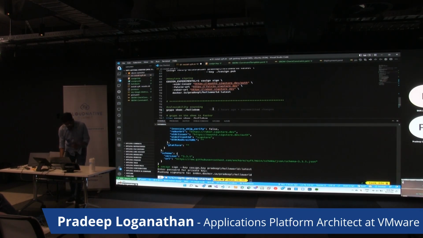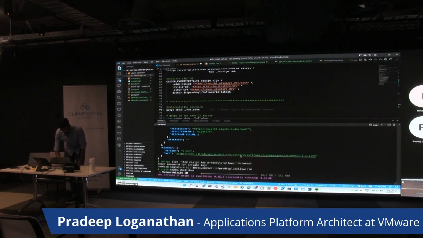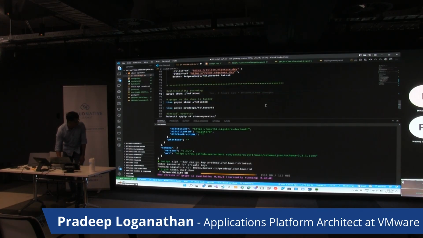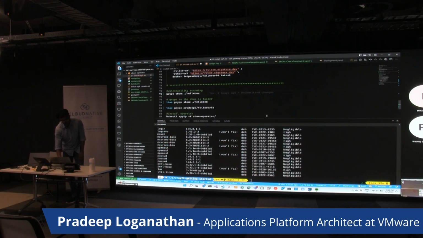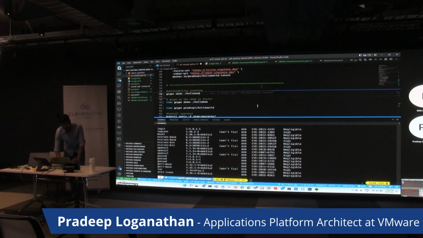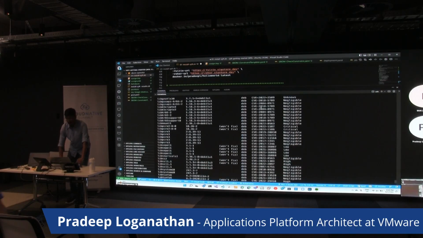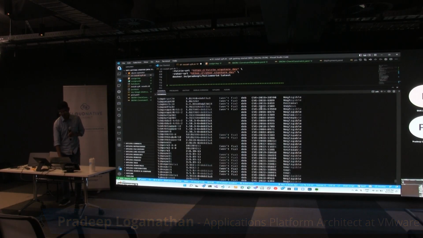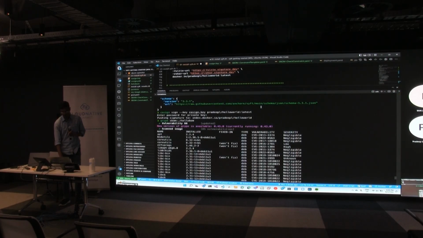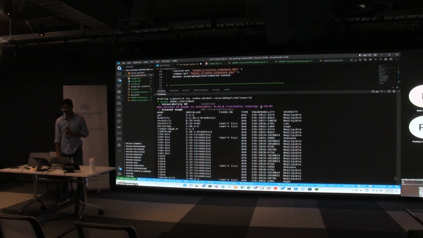So I'll just run through this. Yep, it ran a vulnerability scan against this image, and it identified 85 vulnerabilities. And I just downloaded this image and created a Hello World application, nothing else, right? So that's the level of exposure that you have if you just download an image and basically do nothing with it. And if you deploy this to production, you basically increase your surface area of attack, right?